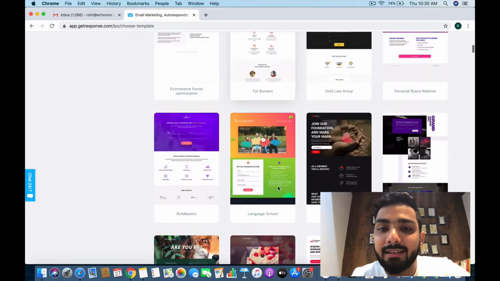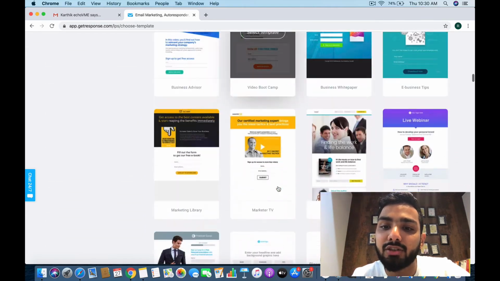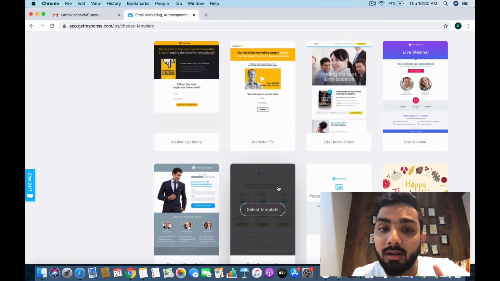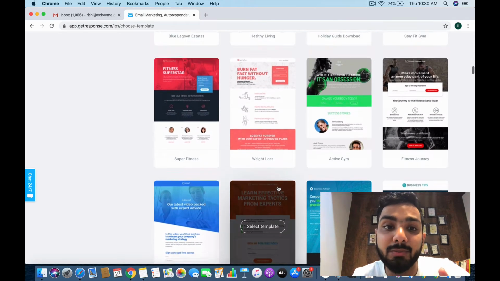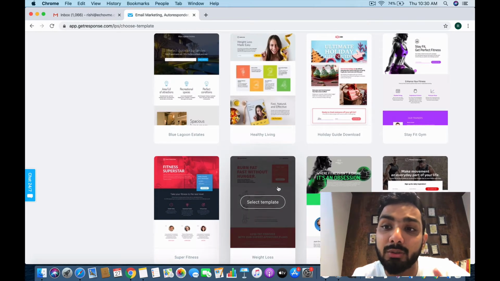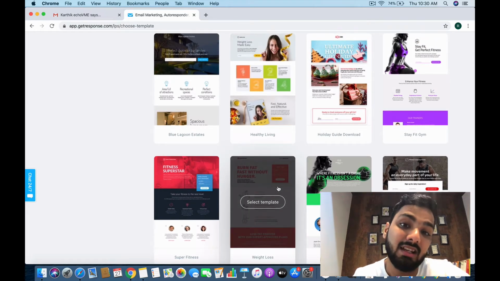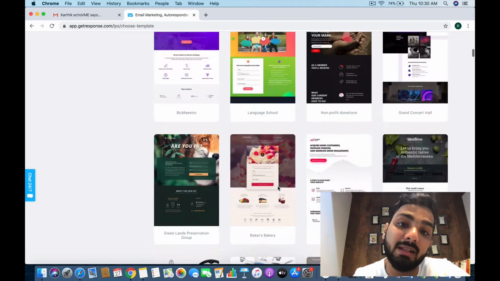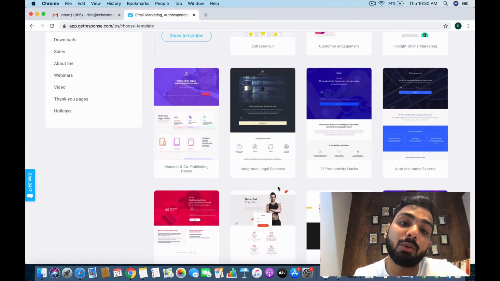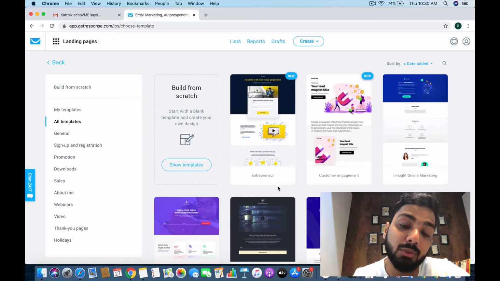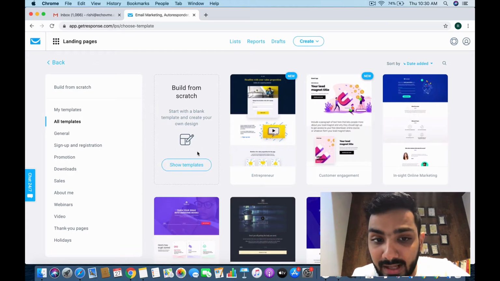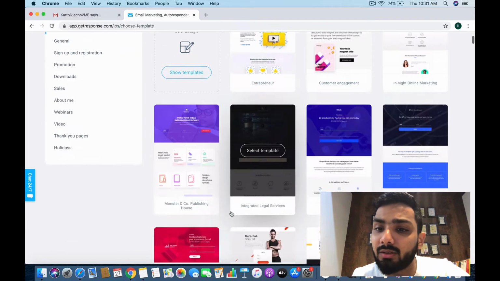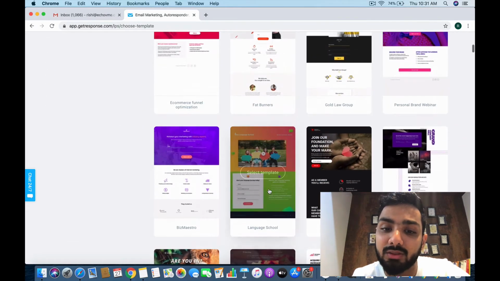Right, so 110 plus templates are pre-generated, and trust me guys, these are not random templates. There's again artificial intelligence behind it. A lot of people all over the world use these templates and they've seen success, and that's how they were generated. Okay, so people have got success by using these templates, and that is why they upload them here for you to use. Okay, either you can build it from scratch by using different editors. This is also a very easy process, but we're just gonna pick one of the templates over here.